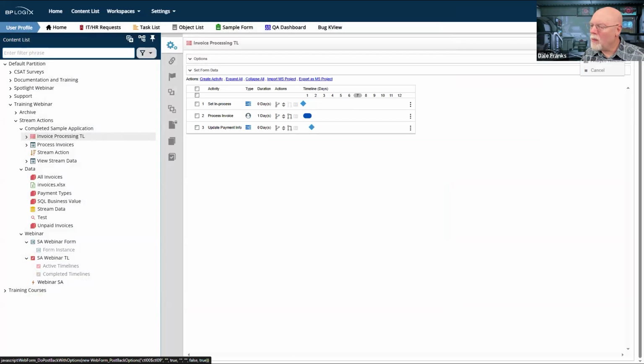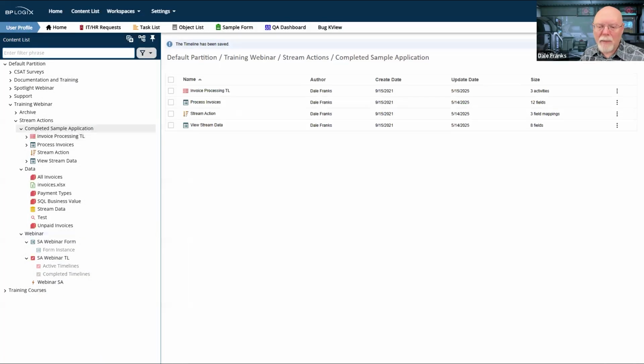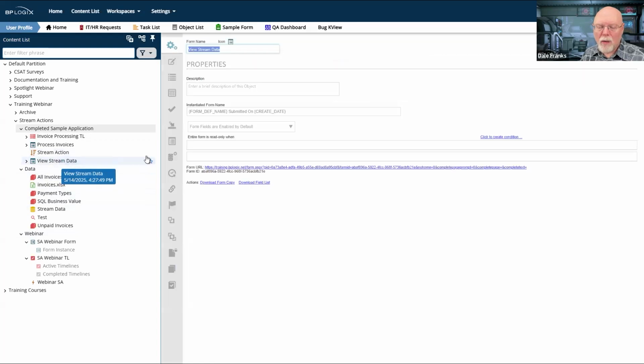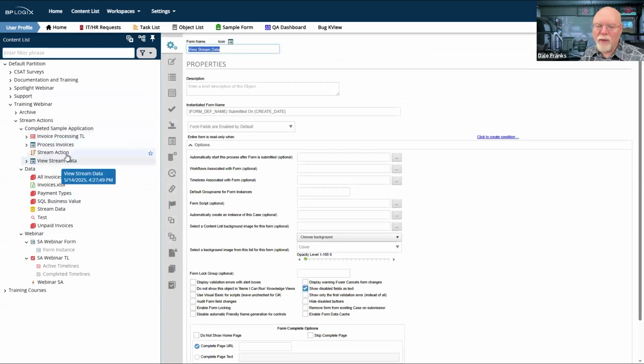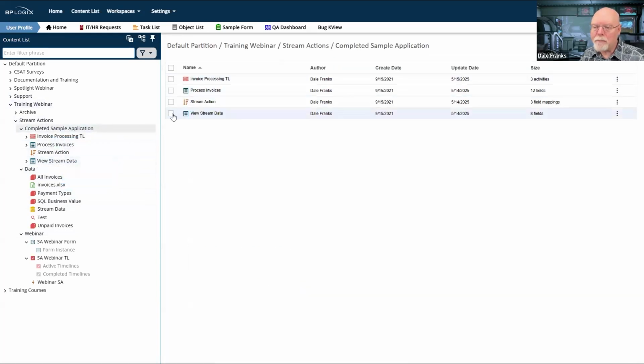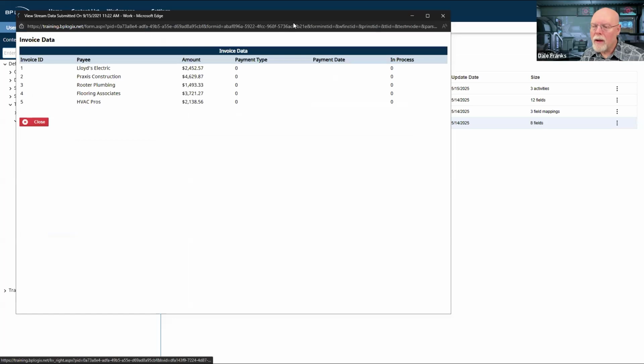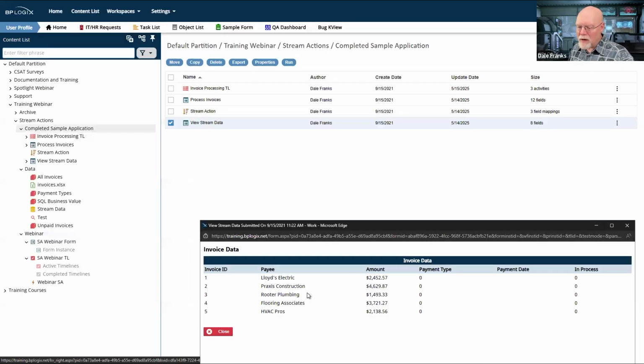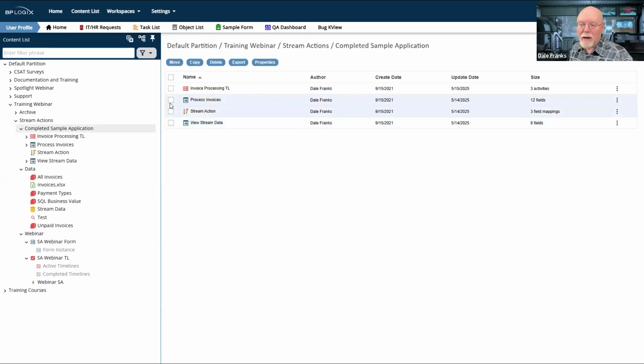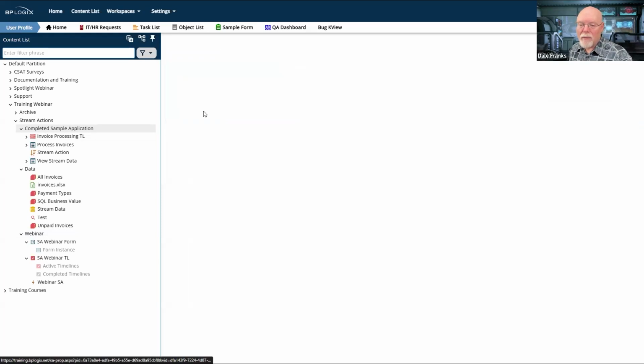And so with it all set up like that, we can go back and we're going to just open this form and do one more run through, and then we'll call it a day for today. So we're going to run my stream data form and I'm just going to stick it down here. So now we can see our original data. With that original data, well, that's not what I wanted to do.